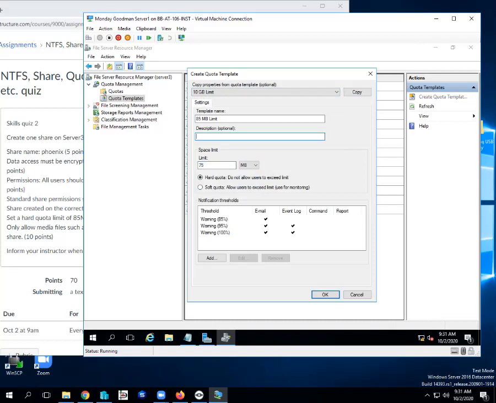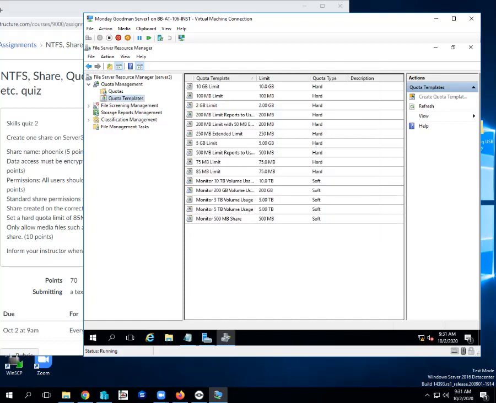Hard quota, 85 meg limit, space limit here, 75, and I change it to megabytes. And it's a hard quota, and I copied, so I've got all of my warnings. They'll be emailed, or event logs will be inputted when those are hit. And I'll click OK. I got my quota set.